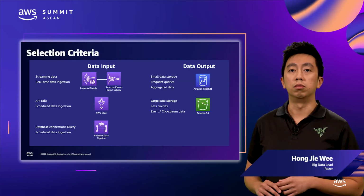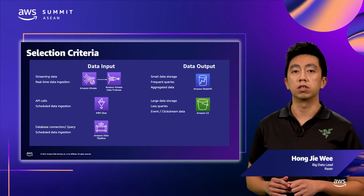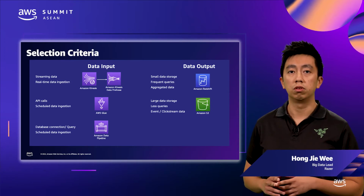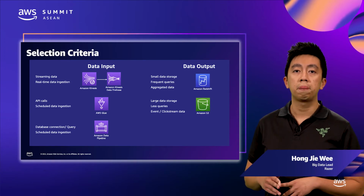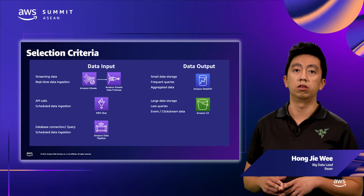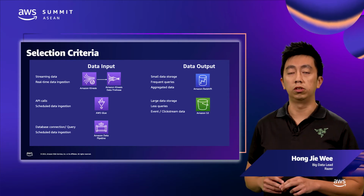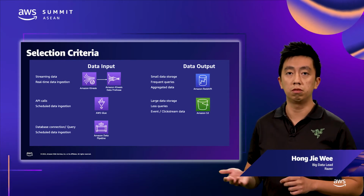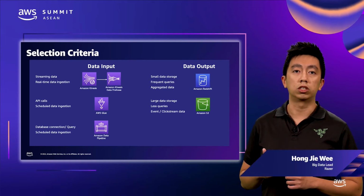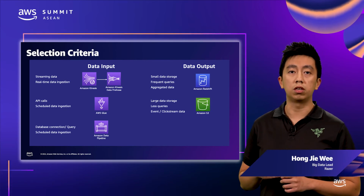After gathering the requirements, the next step is to understand the functions of the various AWS services and tasks they are designed to perform. Starting with data input, if the data source is streaming, we have selected a combination of Amazon Kinesis and Kinesis Firehose. If the source data is accessible via API calls, which could also be a scheduled job, Glue would be a good choice. For direct database connection and query for scheduled data ingestion, Data Pipeline would be a great AWS service